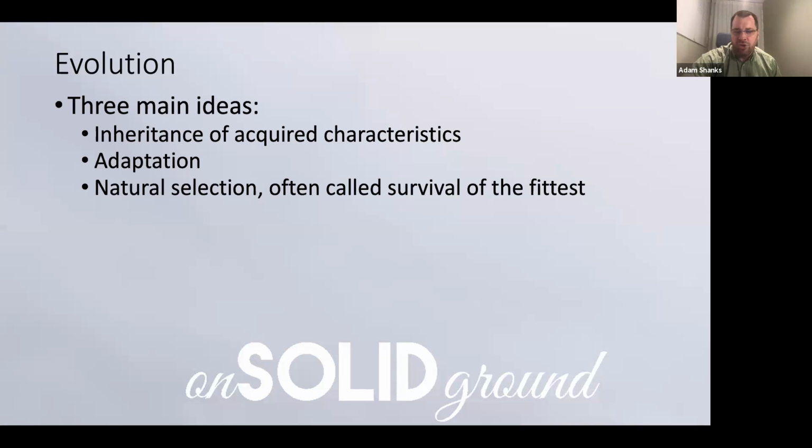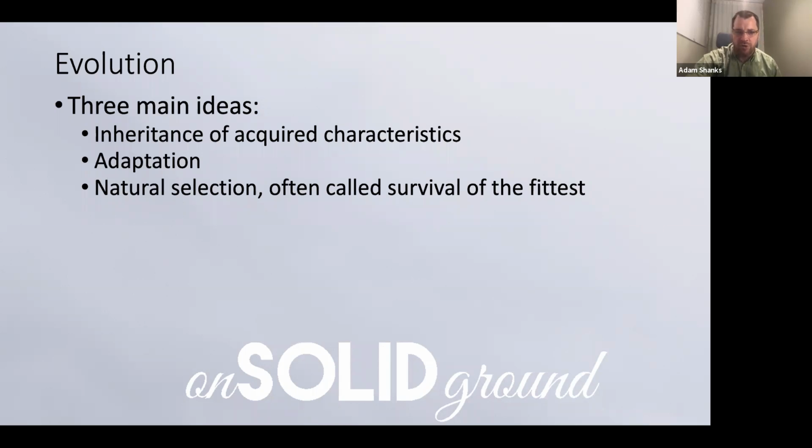So evolution as a whole is premised on 3 main ideas, and I'm using the term evolution in a generic sense here, because there is provable evolution, which is small scale evolution. It's the type of evolution that is easy to understand and see and watch happen. And then there is large scale evolution, also called macroevolution, also what we would call the theory of evolution. That is not provable. It is just based off of the observation of small scale evolution. But it's based off of the 3 main ideas that are important to understand before we move forward.